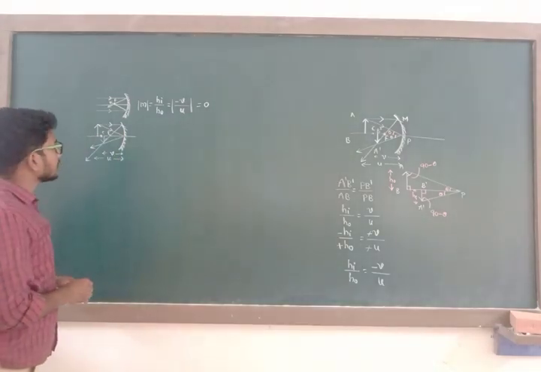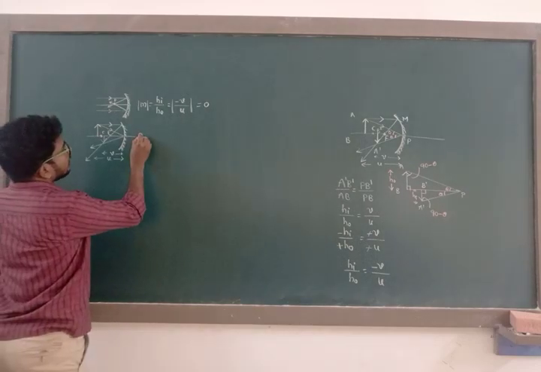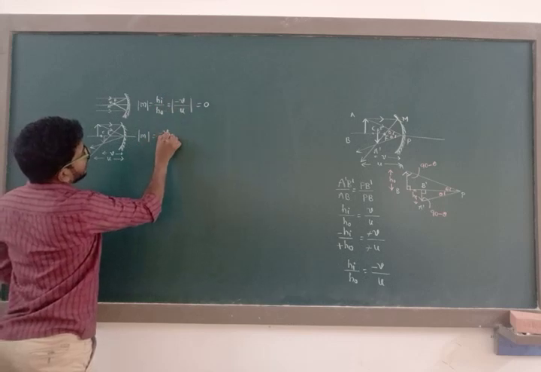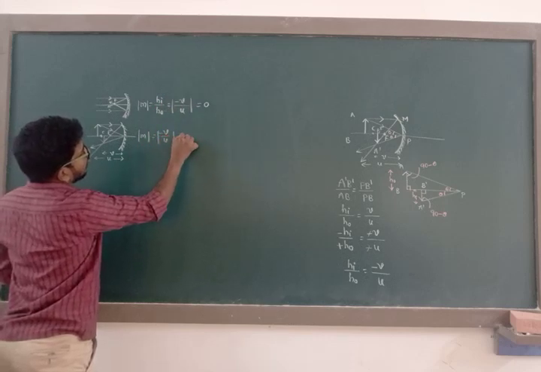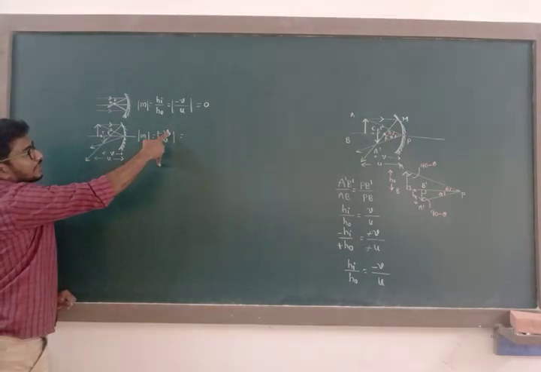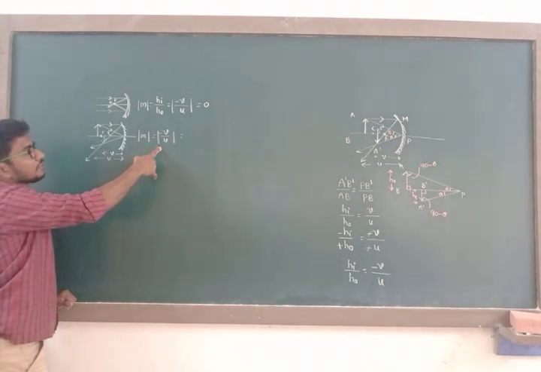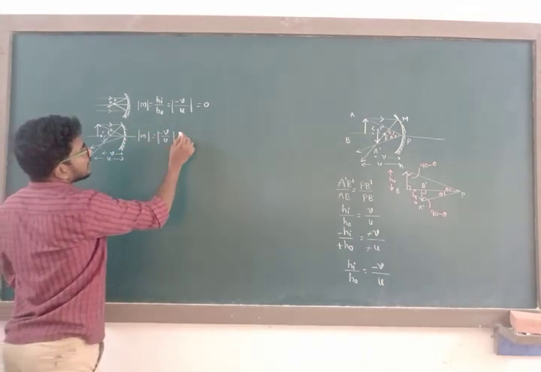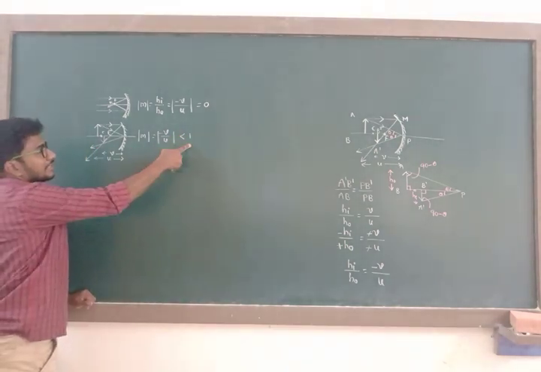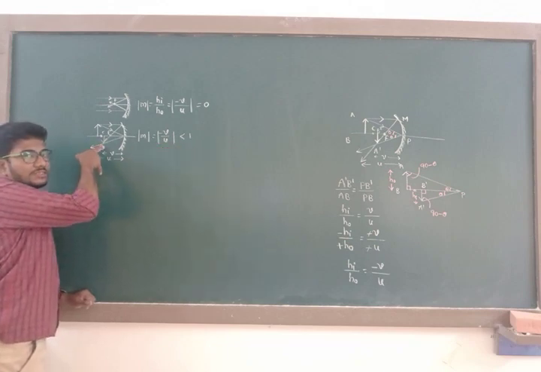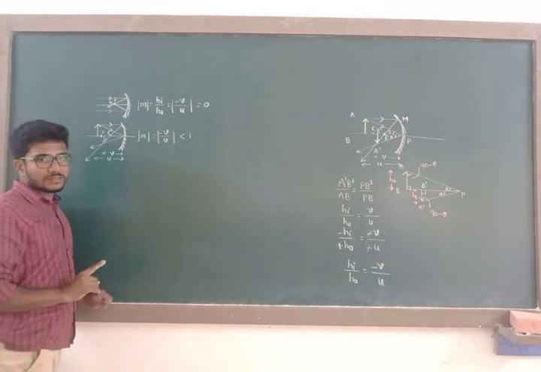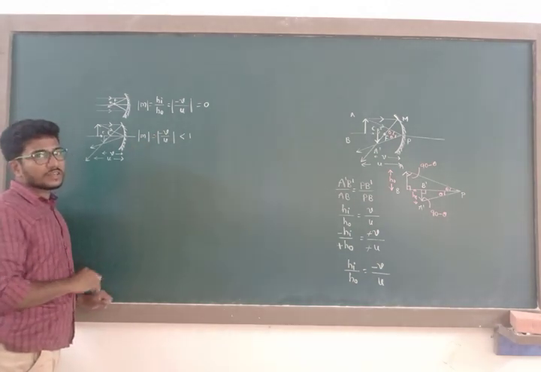Then linear magnification is equal to minus v divided by u. v is less than u, numerator value is less than denominator value. Therefore, this ratio is less than 1. So, linear magnification less than 1 means the size of the image is diminished, not greatly diminished. And this negative sign represents that the image is real and inverted.